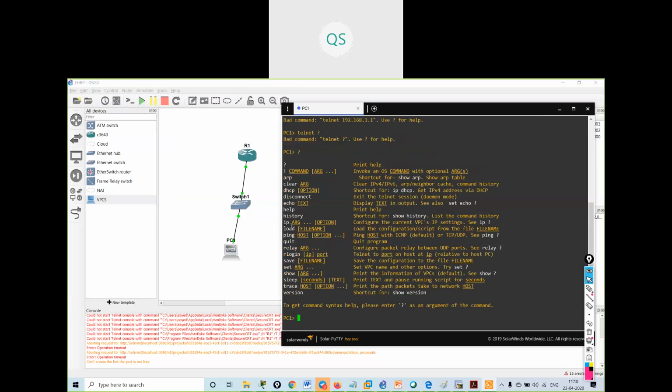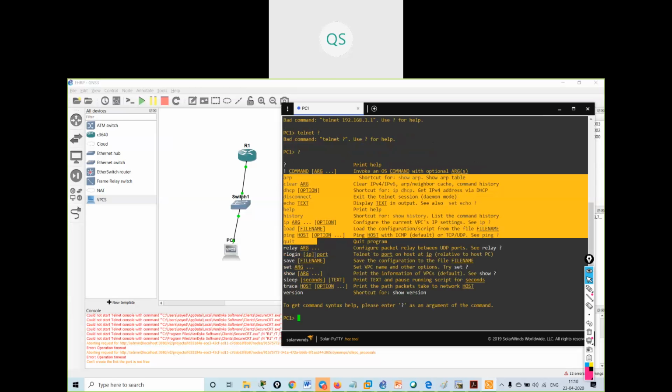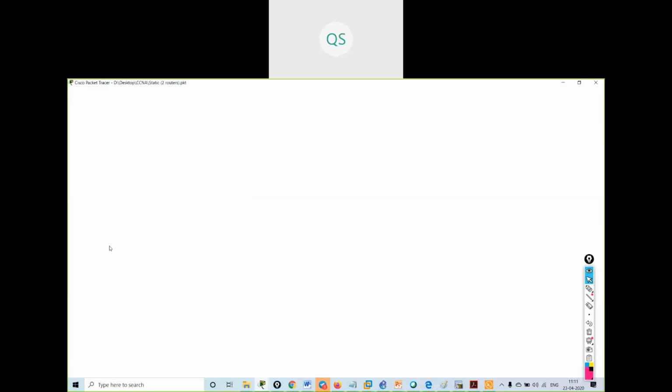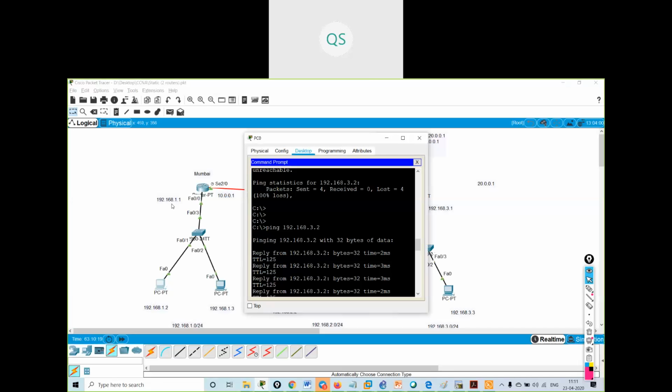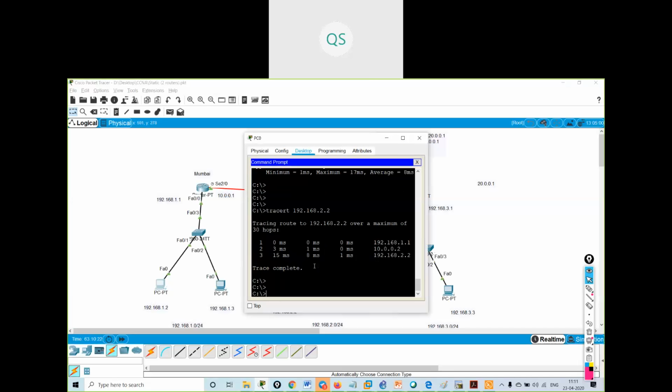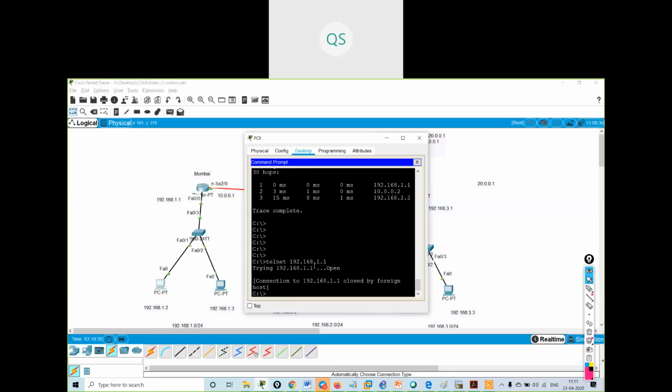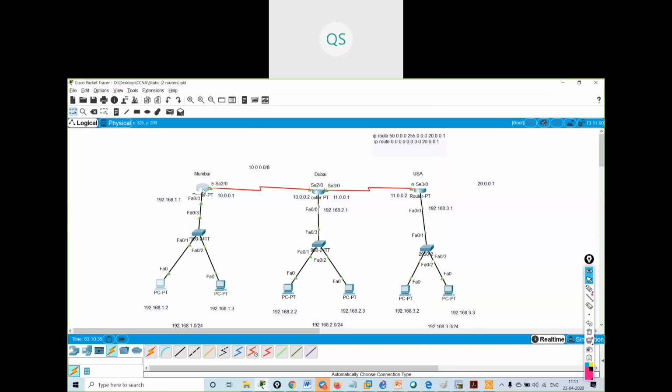So this PC does not have the telnet enabled. Suppose I am on this router, and this is the PC, 192.168.1.2. I will check in telnet, 192.168.1.1. Okay, I have not enabled the telnet access.